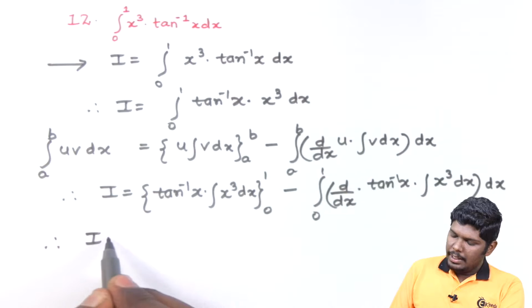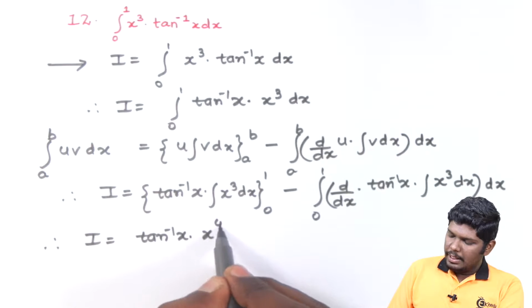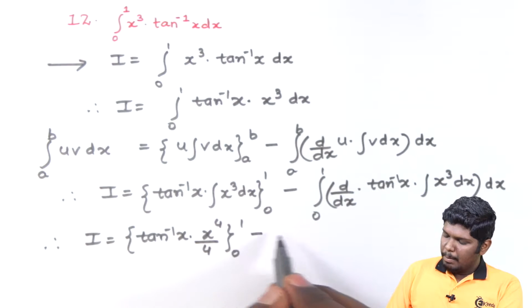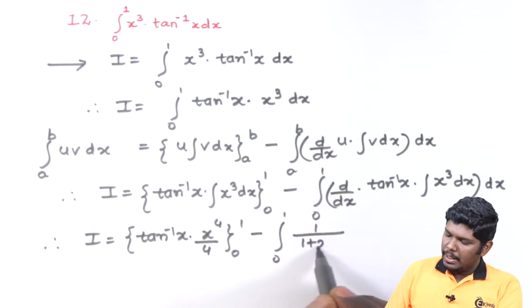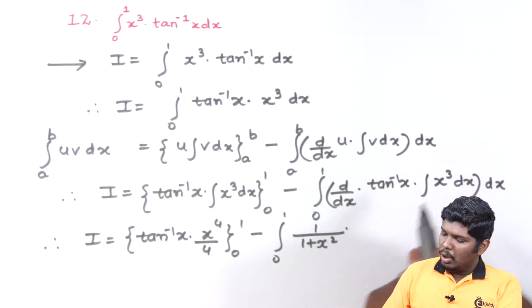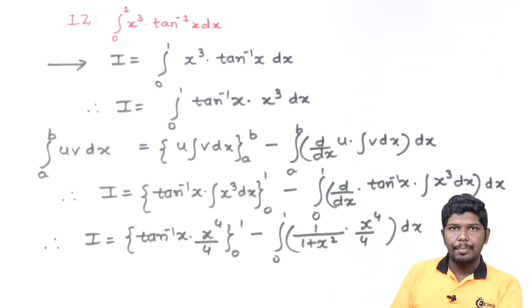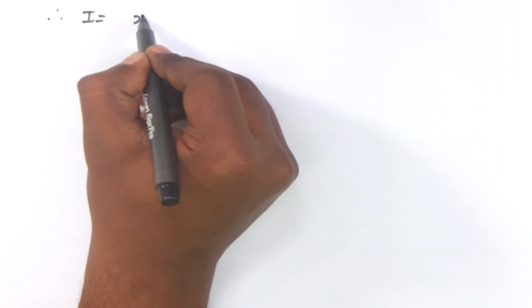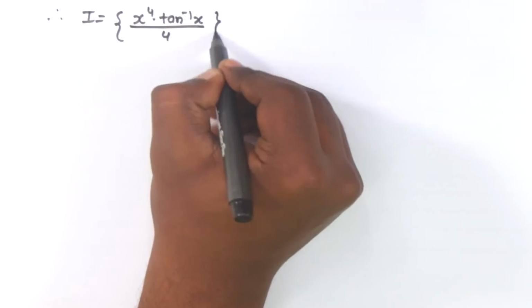This will give you I is equal to tan inverse x, integral of x cube is x raised to 4 upon 4, within limit 0 to 1, minus we have 0 to 1, derivative of tan inverse x is 1 upon 1 plus x square into integral of x cube will be x raised to 4 upon 4, the whole dx. In the next step, we can take this 4 common outside the integral. Therefore, I is equal to x raised to 4 tan inverse x upon 4 within limit 0 to 1